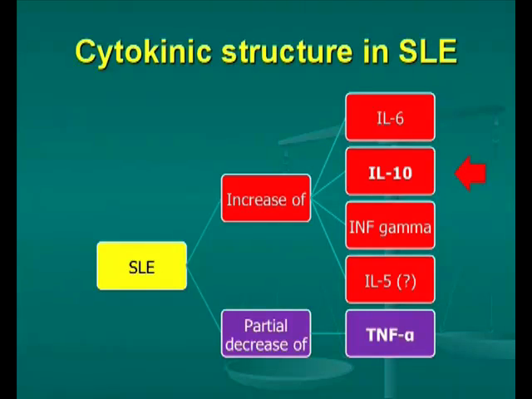A very interesting feature, and I might even add that this is the only disease in which I have noted it, is that in lupus, however, there is a relative reduction, but a reduction nonetheless, in the Th1 interleukin that very often poses important problems for other types of patients. And that is the tumor necrosis factor alpha. This is an interleukin that usually causes severe damage at tissue level, but that is lacking in this disease. And the problem with lupus mainly concerns this increase in interleukin-10 instead.